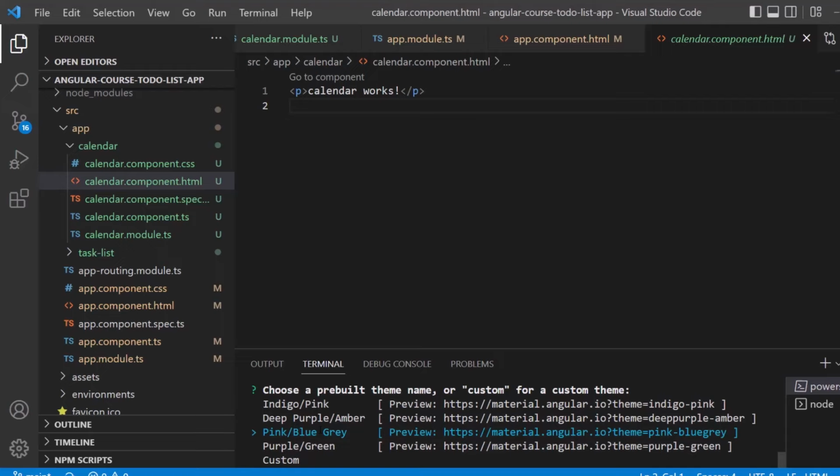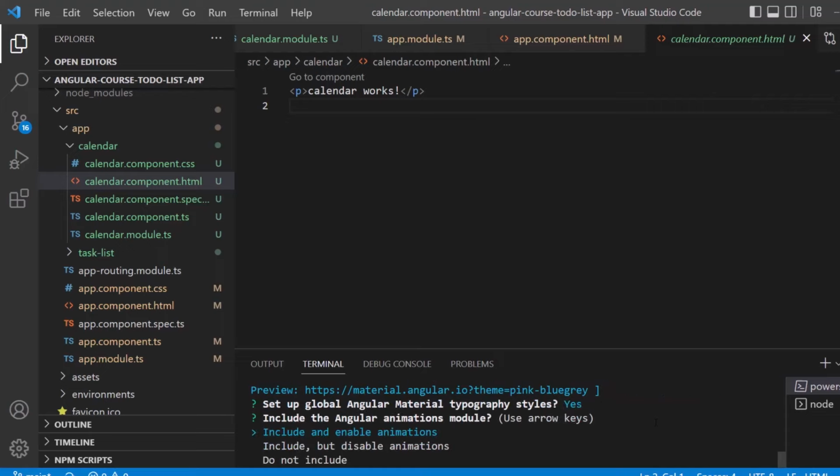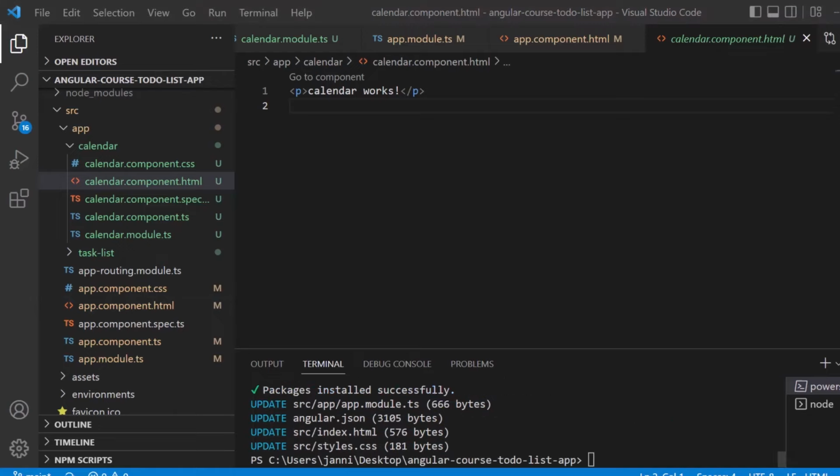You can just use the arrow keys and then hit enter. Set up global Angular Material typography styles? Let's write down yes. And then include the Angular animations module. Yes, we also want to do that. So include and enable. Let's hit enter then. Okay, so now the package got installed successfully